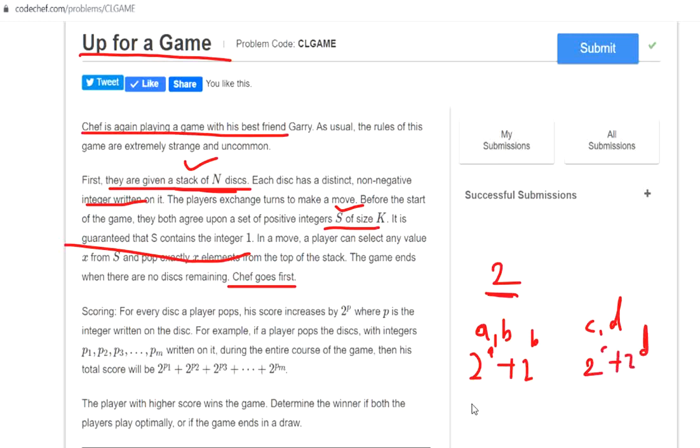Again, if other values are added, the scores accordingly get added. At the end, whoever has the highest score wins the game. We are supposed to find out who wins the game if Chef starts. We have to print the winner of this game, or if the game ends in a draw, then we need to print draw.